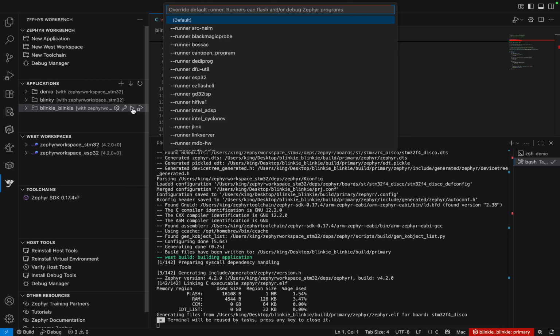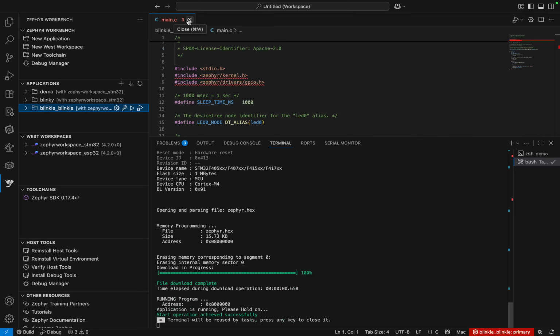There are runners specific to the boards that they support, right? So when it comes to ST, for example, I can choose the default, right? If you choose default here, because you created this project using the Zephyr Workbench and you told it what your target board is, it is going to know what runner to choose, right? So if I click this